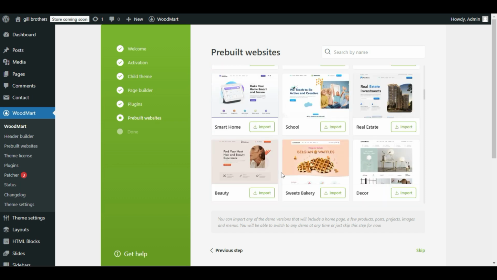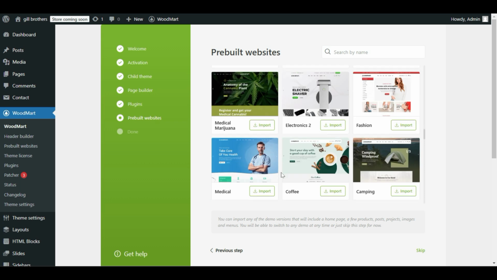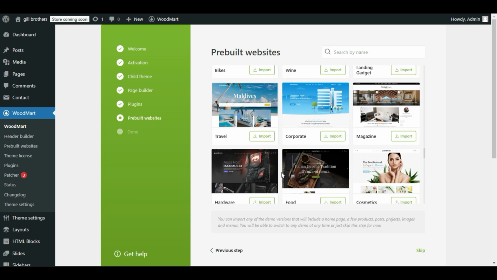Let me scroll down to find our blog and magazine template here. You can check all the templates they have, because in this tutorial we are building for the blog and magazine. But if you want to build